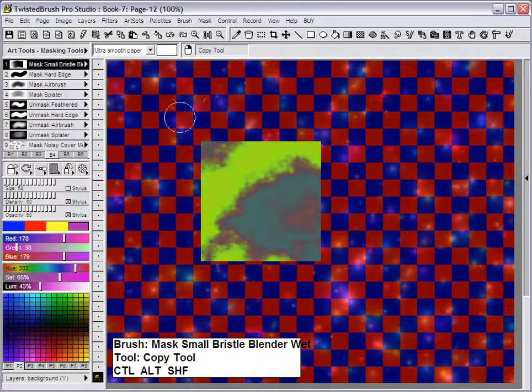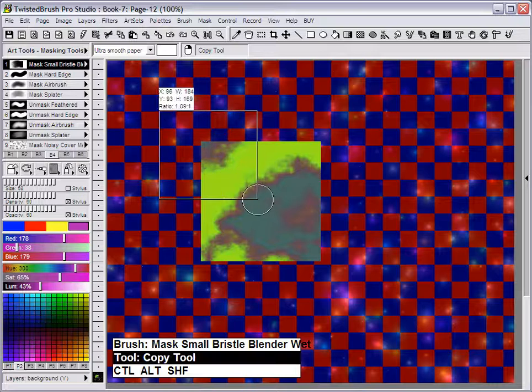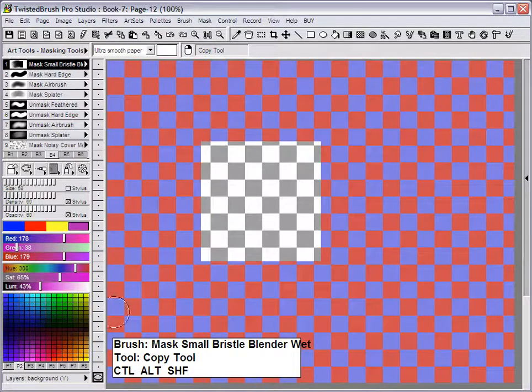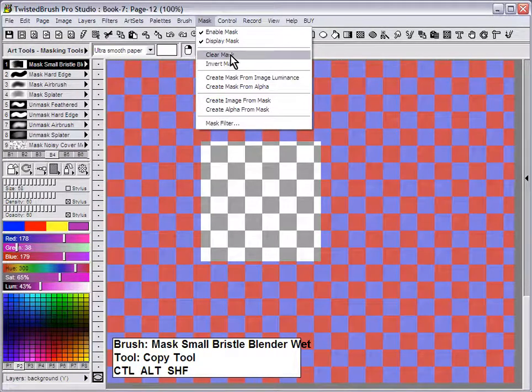It's the copy tool I just selected. You can see we have a mask and an area that's unmasked. I'm going to right click and drag. I've just copied that rectangle to the clipboard. Let's hide this, and also let's clear